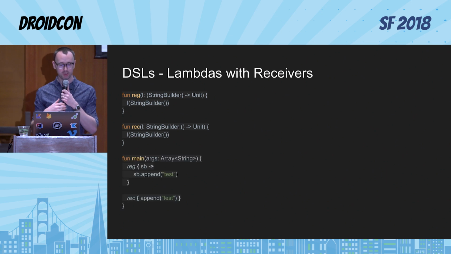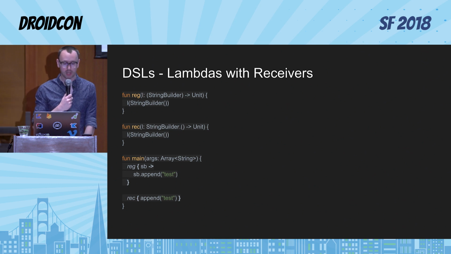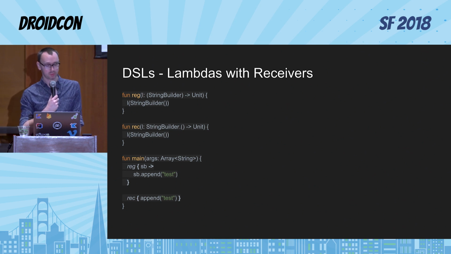The difference between these two is, when I call the first one, the parameter that's getting passed to the lambda is the string builder, right? So if I didn't put SB here, it would have to be it. Here I've just renamed it. But in the second one, because I've moved that string builder name outside of the parentheses with a dot, it's now a lambda with receiver, and I can act on it without referencing it,